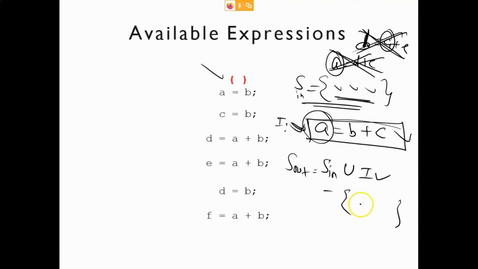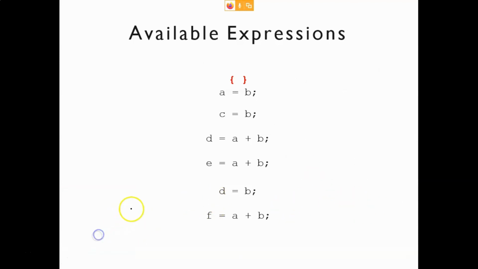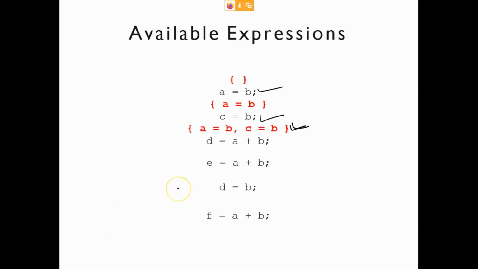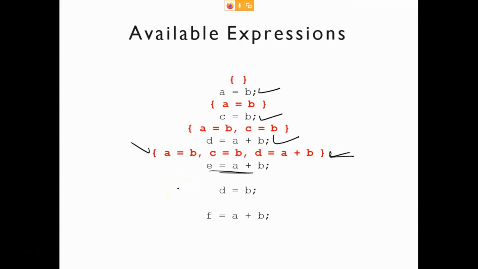So that's how your available expression analysis will work. This is a very easy thing, I think. Anyone has any doubt, you should ask right now. This is a very important analysis. In the GATE syllabus, we only have two analyses. Available expression analysis, because it will help us in copy propagation and common sub-expression elimination. And another analysis that we have is liveness analysis, because that will help us in dead code elimination, and that is your complete GATE syllabus.